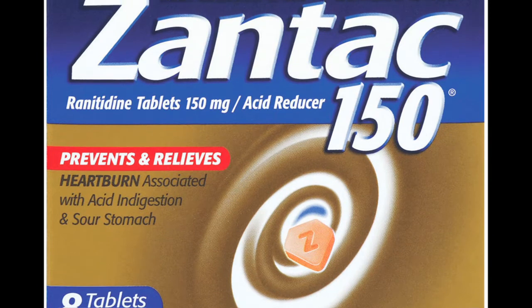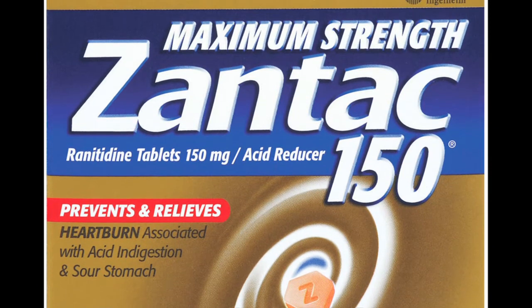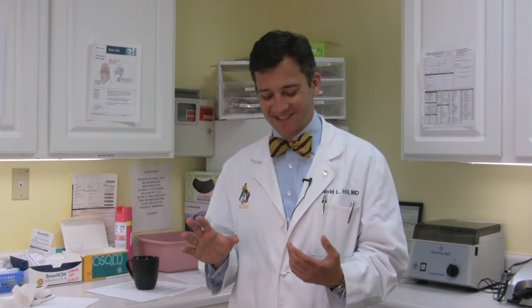One is actually a different kind of antihistamine. It doesn't do a lot for a runny nose, but it does reduce stomach acid secretion. These are medicines like Zantac, Pepcid, or Axid: ranitidine, famotidine, nizatidine. But at any rate, they're antacids that work as antihistamines. They're an older class of medications, and they're somewhat less powerful than the newer class of medications that we call